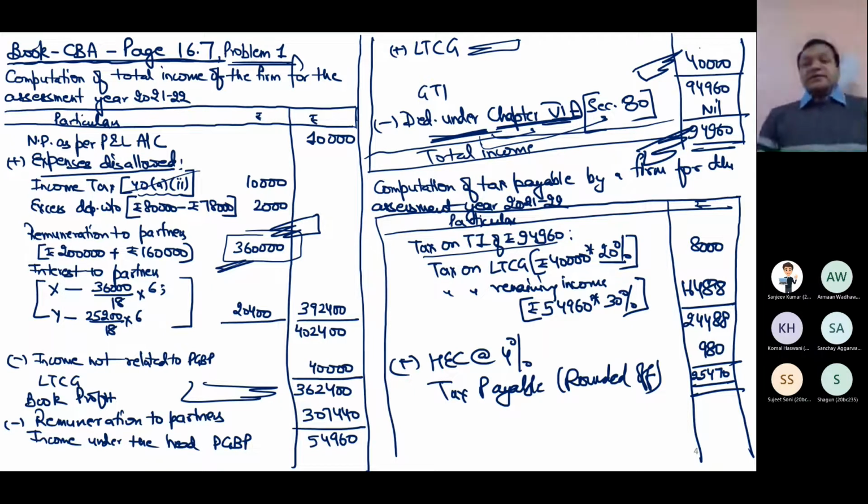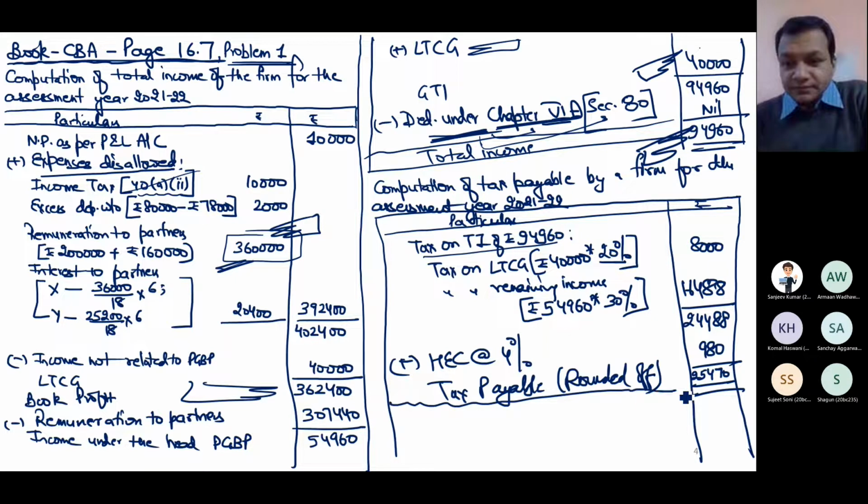Yes, this is tax payable, but the story doesn't end here. Can you tell me what will happen to the firm after this tax? Now this profit will go into whose hands? Partners. So you have to write one line after this: profit after tax will be distributed